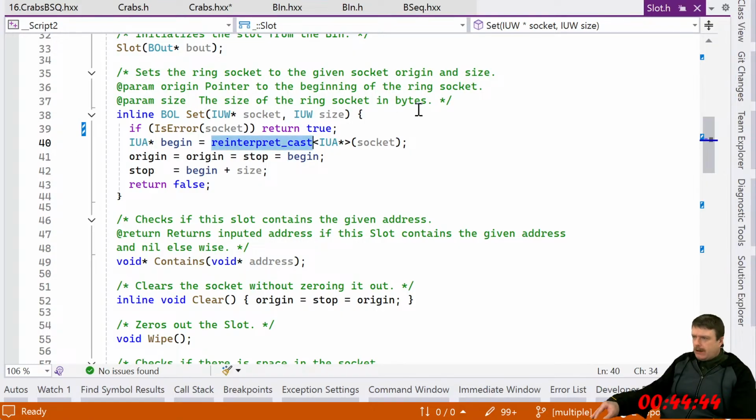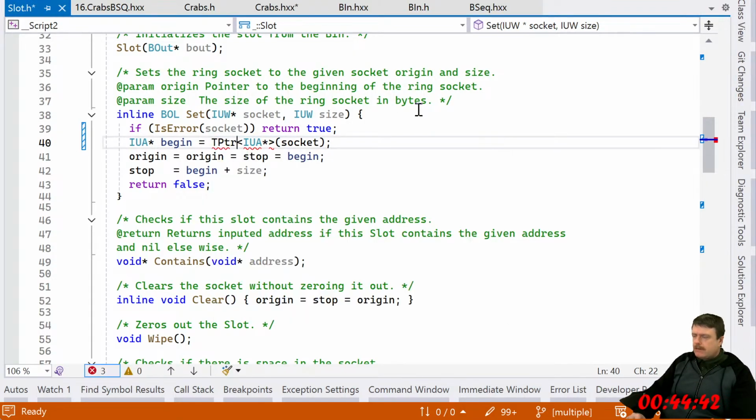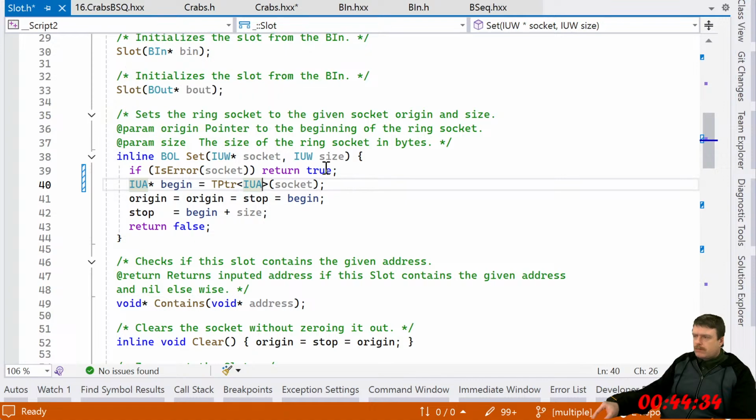Whoa, what the hell is this? Woo! This should be part of the standard, although they'd probably be putting it like this, but I think it's totally fine to do this. T-putter, it's like the missing secret sauce in C++, dude.